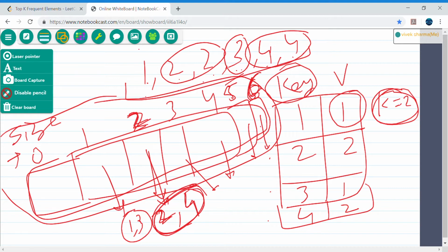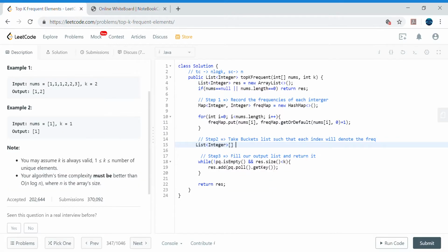So as you see here, I'm just appending 2, 4, 1, 3. So basically each index may contain the list itself. So that's why I'm taking the list array. All right, so let's say this is buckets, new array list, and as it is an array, I need to take